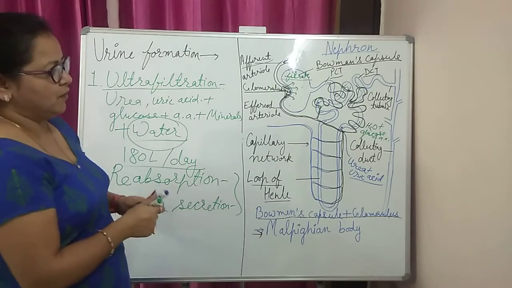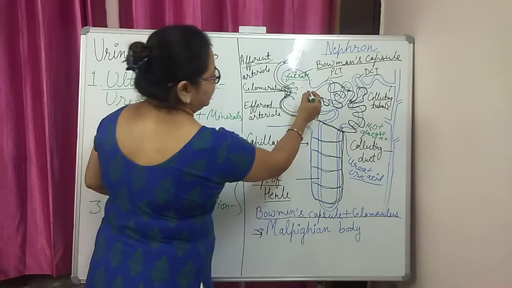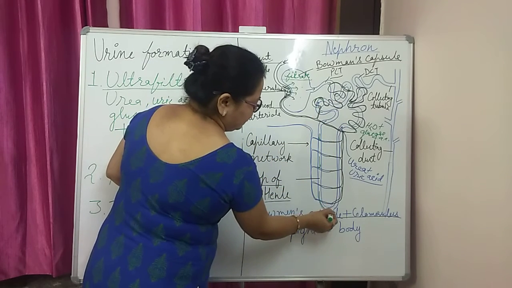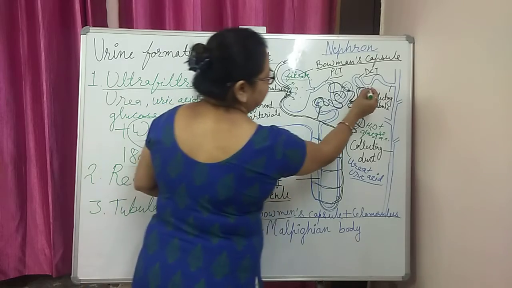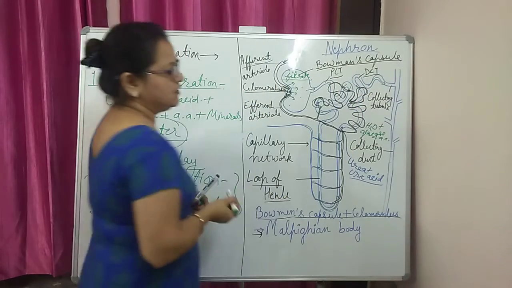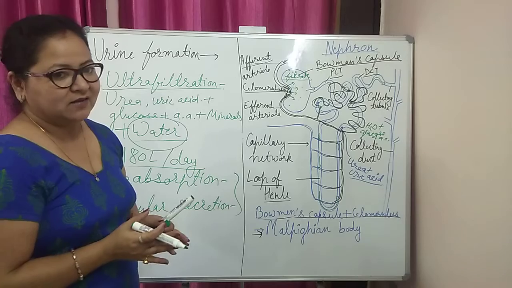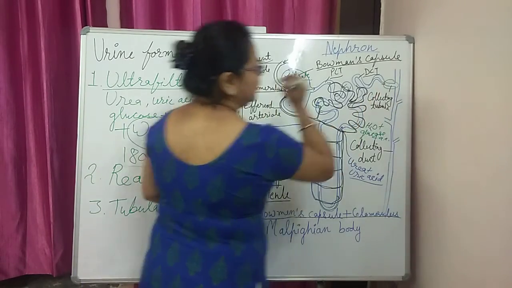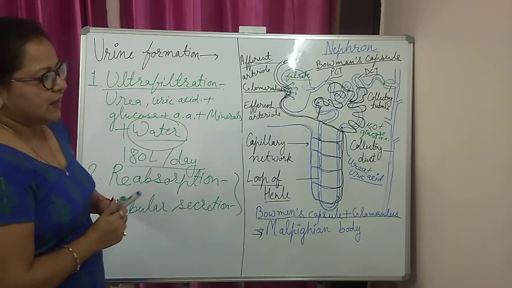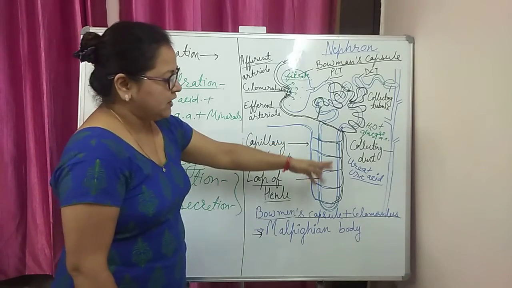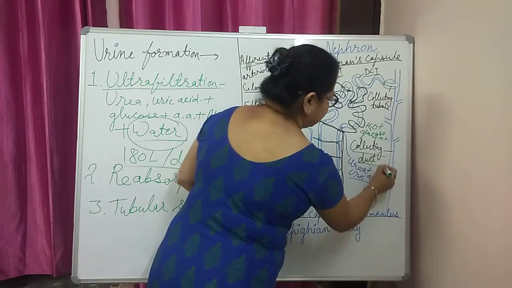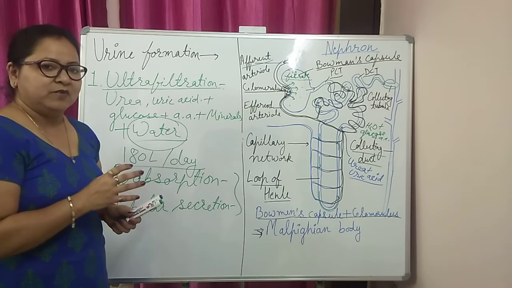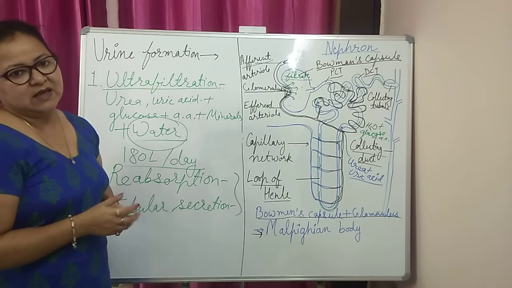After this complete process, what is the movement of the filtrate? It enters into this capillary, all the processes go on, the reabsorption and tubular secretion, and finally here is the collecting tubule which will collect the material. It is urine. Lots of collecting tubules pour their urine into the collecting duct, and a number of collecting ducts join together and they bring the urine outside the kidney with the help of the ureter.